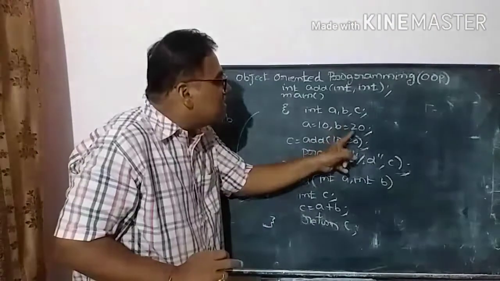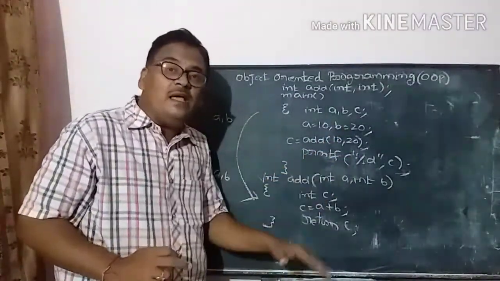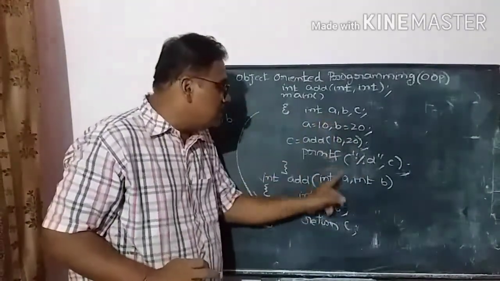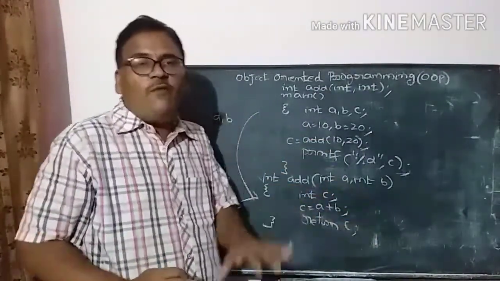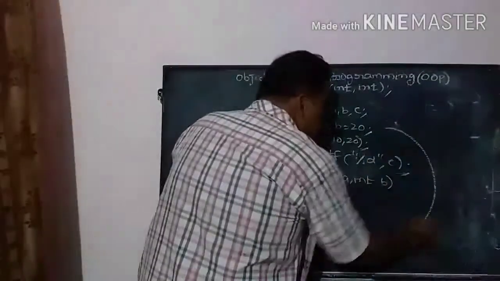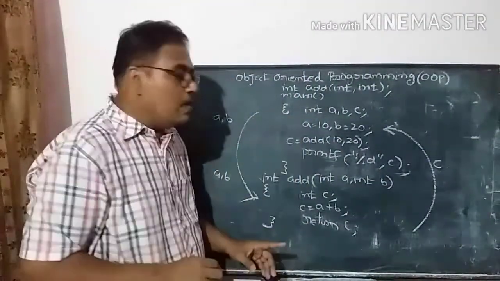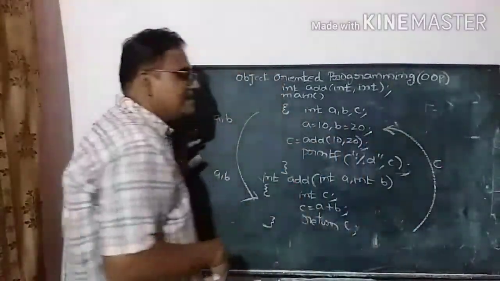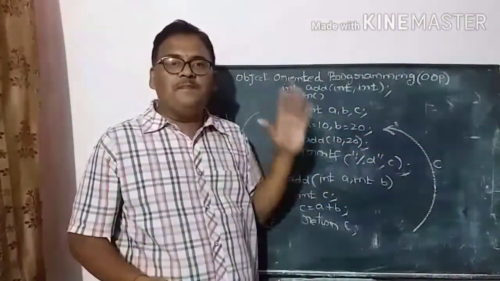How many arguments are sending from the add function? 2. And how many arguments are receiving in the user defined function? 2. What type of variables are 10 and 20? Integers. This A and B should also be integers. These are all the rules which we followed in C programming for the functions concept. Here we return C to the main function. Okay, so data is freely moved around the functions. Here we concentrated on logic rather than data.